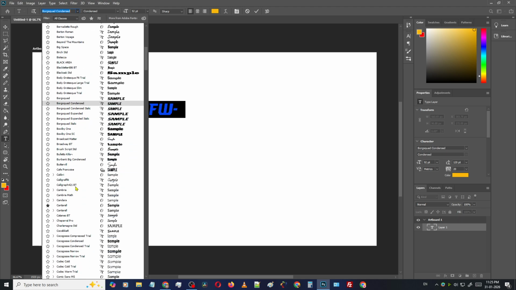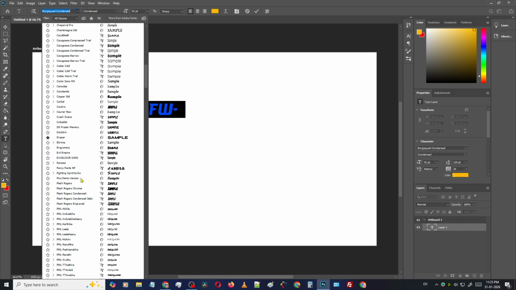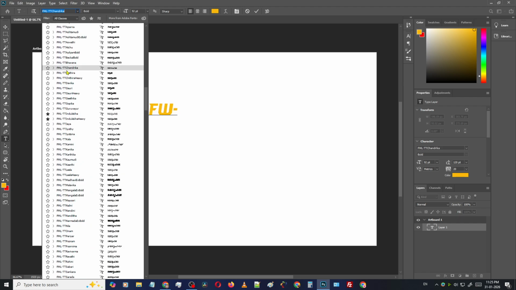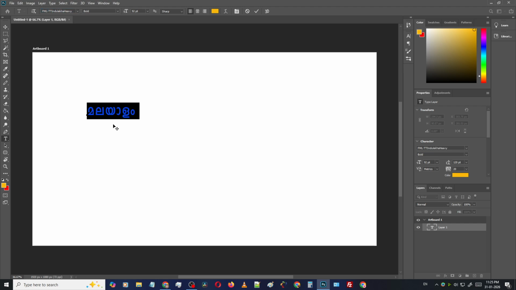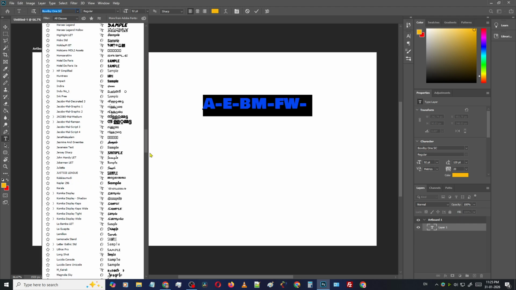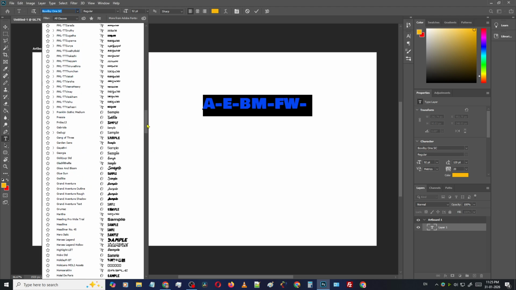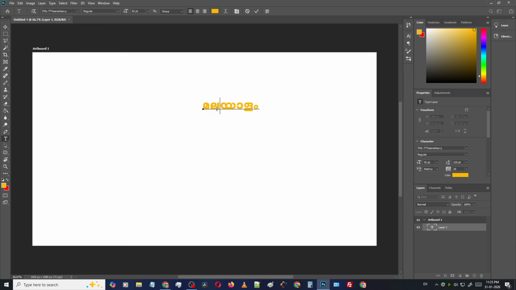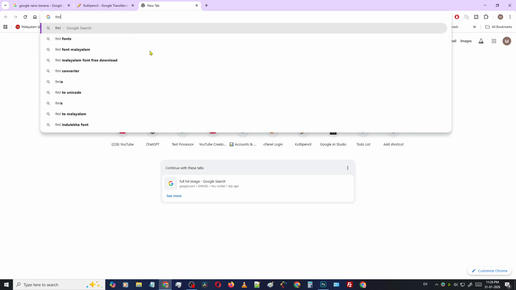You can see that I have installed too many fonts, so these are the fonts. Okay, simply select here. That's changed. So that's it guys, very simple tutorial, and you can simply download the FML fonts from here, like search